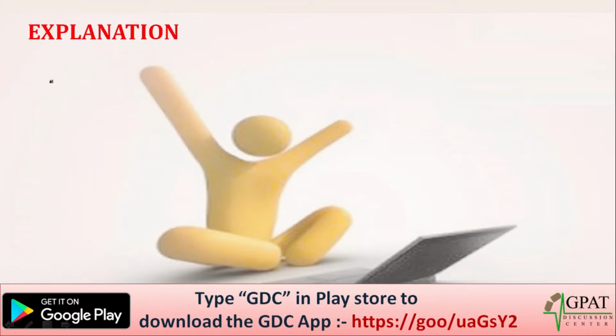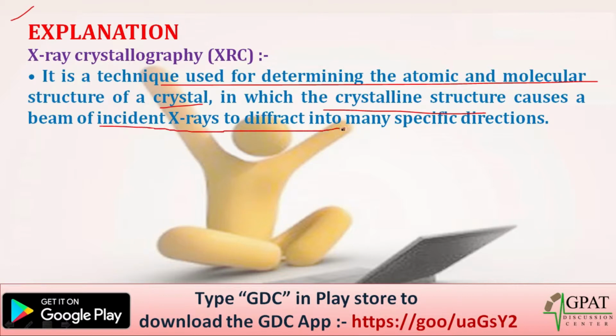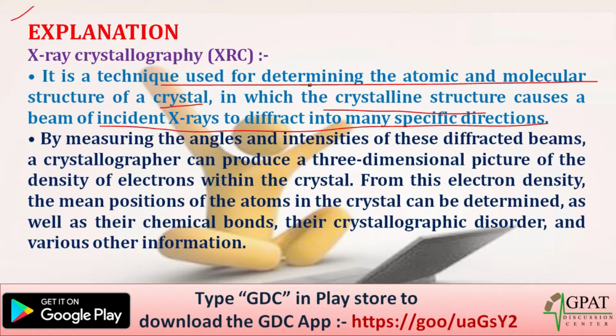So what is X-ray crystallography? We have to know first. X-ray crystallography is a technique used for determining the atomic and molecular structure of a crystal, in which the crystalline structure causes a beam of incident X-rays to diffract into many specific directions. How is it possible? We will look with the help of a diagram. First of all, we have to know about